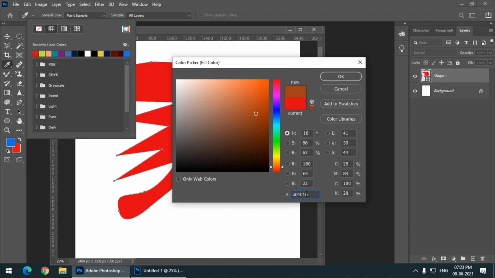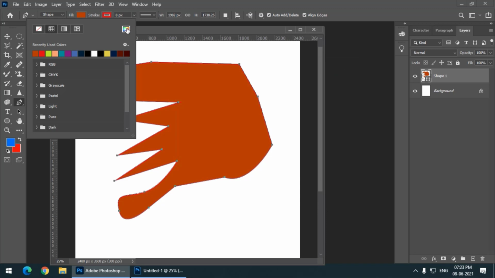People only copy this code or remember this code, or they note it down somewhere, and they will apply this code while creating websites in web designing. So this is called as the hexadecimal code. This is very useful. So there is a different hexadecimal code for different colors. So you can change your color.